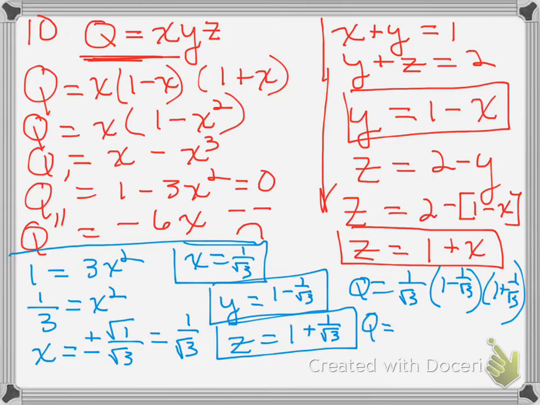So q will equal 1 over root 3. If I FOIL that, I'm going to get 1 minus 1 over 3, which is 2/3, right? So my q will be 2 over 3 root 3. Okay, and that's